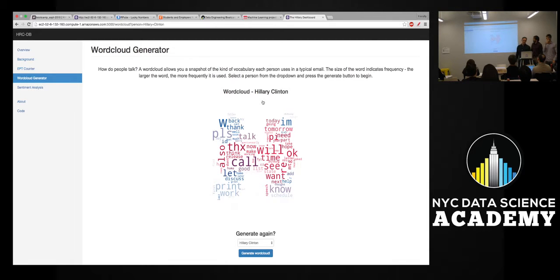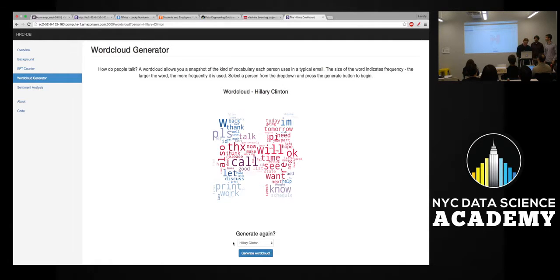And what you should take into account here is that the mean word count in Hillary Clinton's emails is 19. And what I just said in the last sentence was about 19 words. So there's not much that's contained in any given email that she sends. Most of it is pretty high-level management and administrative stuff. There's nothing in here that says Libya or Benghazi or national security or Iran, really, right? And perhaps it's a sign of a good manager, perhaps it's a sign of someone who doesn't want to go on record with anything, or perhaps it's a sign of the redaction that took place.